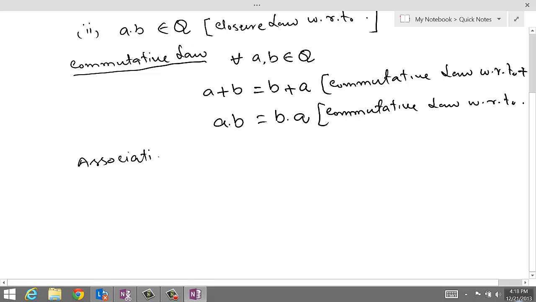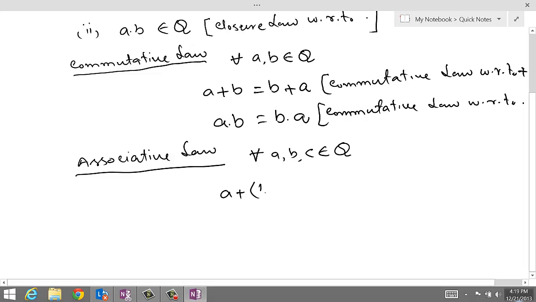Next, we study associative law. For associative law, we always take 3 numbers. So this time we are going to take for all a, b, c belonging to Q, a plus (b plus c) means if you take sum of b and c, it's same as taking the sum of a and b first and then adding the sum to c. This is with respect to addition,